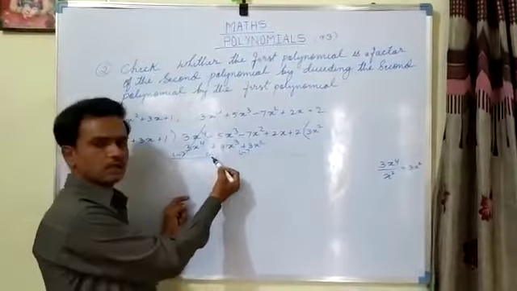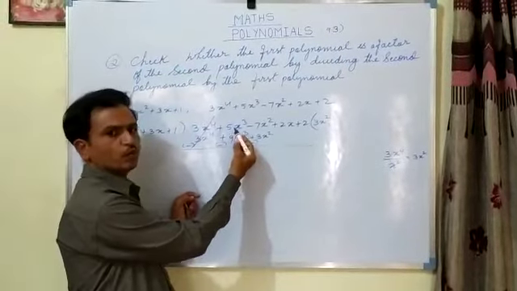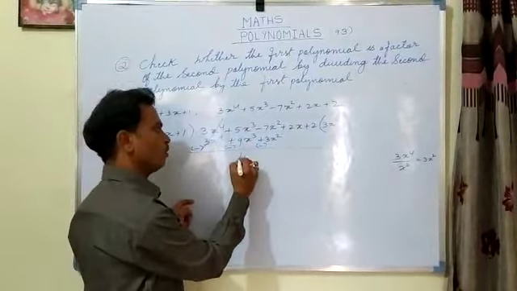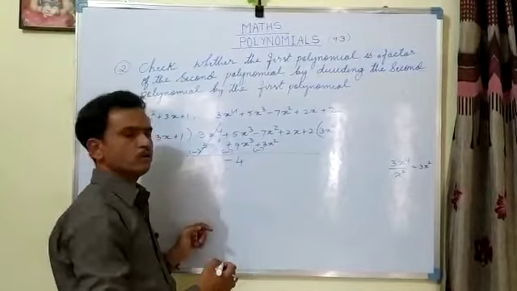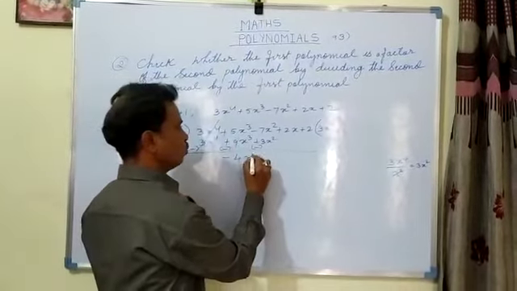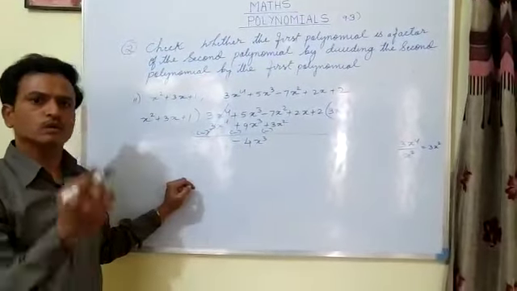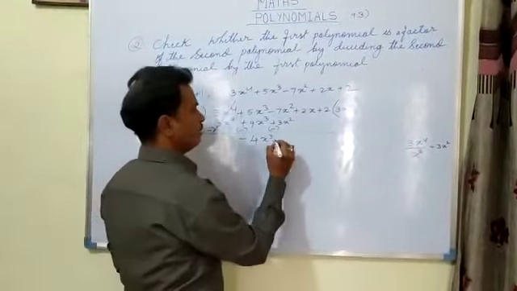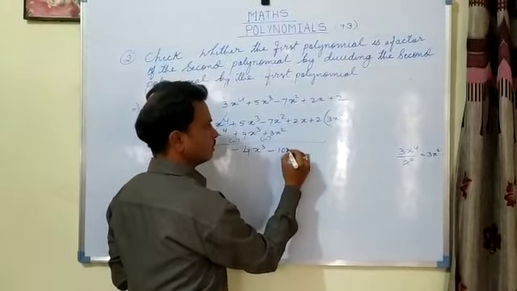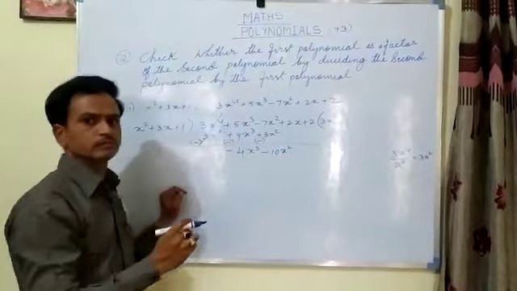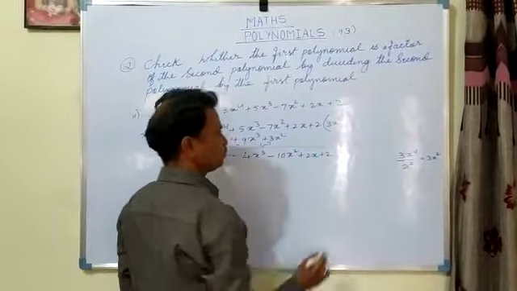Here opposite signs are there. That means we have to subtract, 9 minus 5. 9 minus 5 how much? 4. Biggest number's sign is minus, so here we should take a minus: minus 4x cube. Now here both are negative. When both are negative, what should we do? Keep the minus sign and add. Minus 7 plus 3, minus 10x square. Okay. Then plus 2x plus 2.